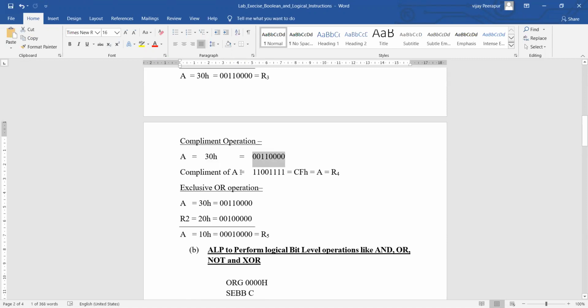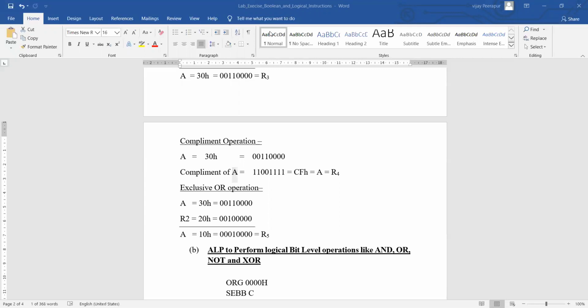What will be the complement of the accumulator? 30H: zeros are replaced with ones and ones are replaced with zeros. If I do that, what will happen? 1100. 1100 is nothing but 8 plus 4, which is 12 in decimal. In hexadecimal, it will be C. All ones will be F in hexadecimal. It is nothing but 15 in decimal. So the result of the complement of the accumulator will be CFH here, right?